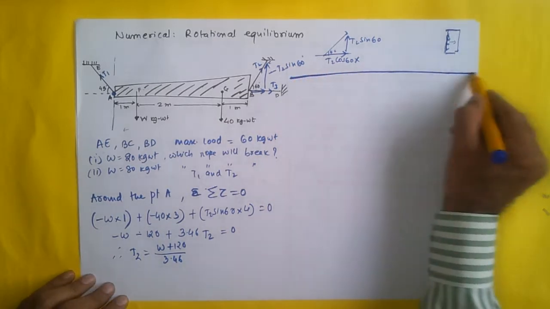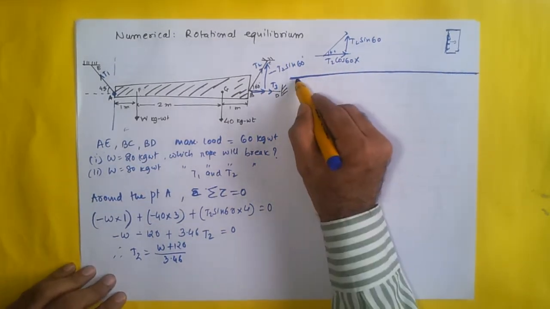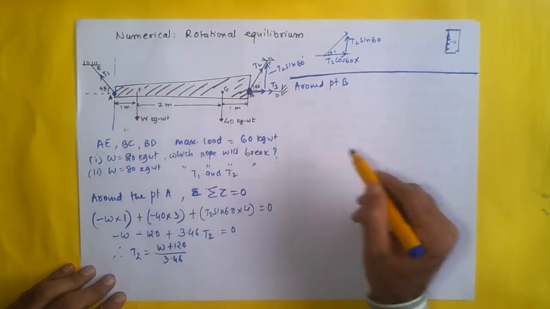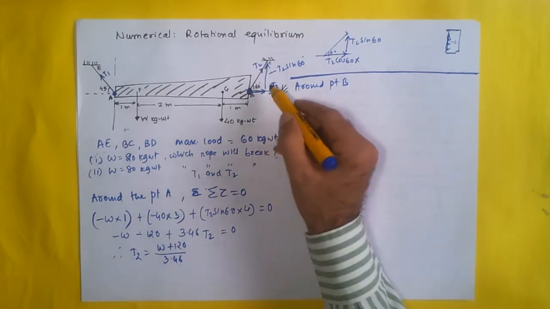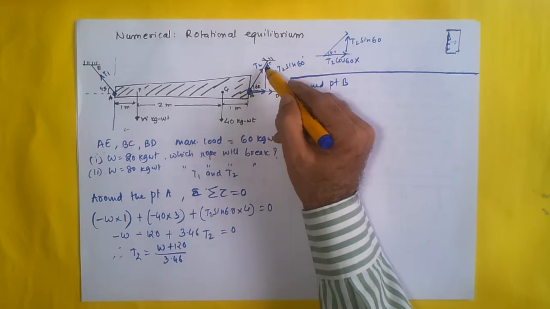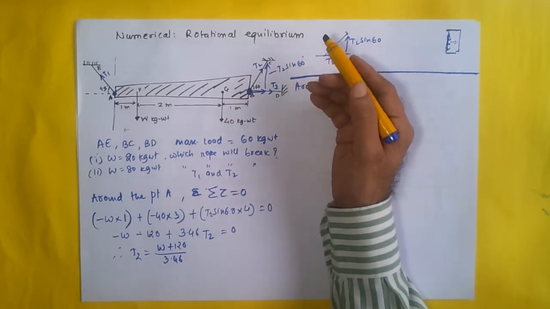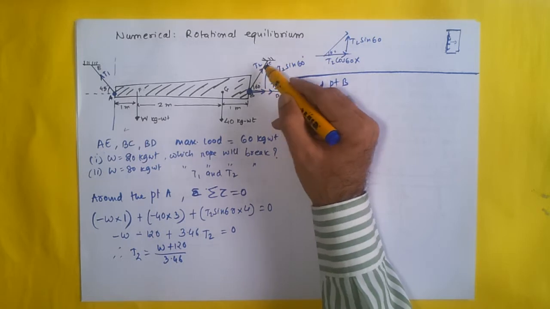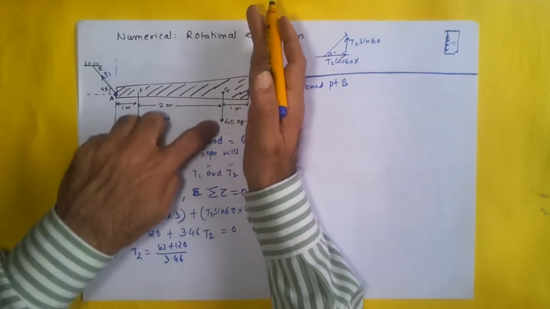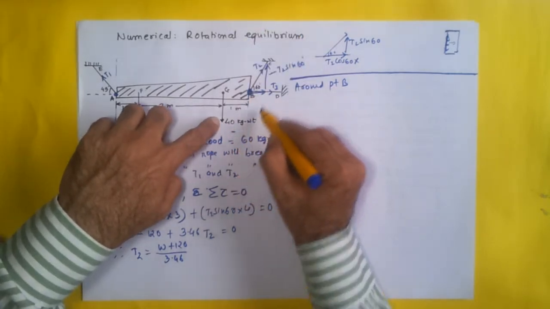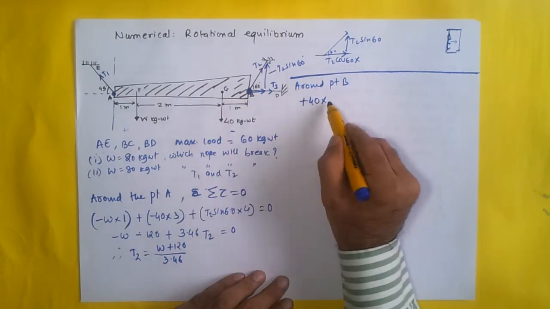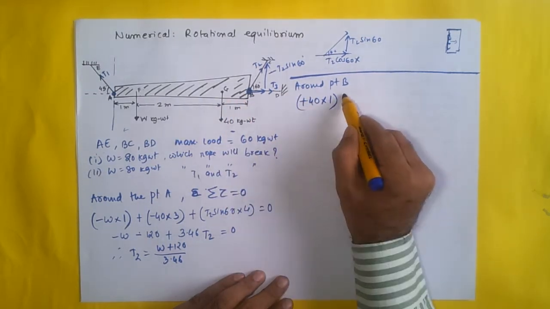Okay, I'll do the same thing around point B. Around point B, so this is the point I'm focusing on. I'll find out torques around this point. So this particular force T2 is passing through point B, so it will not apply any torque. These two are components of this force, so certainly they will not apply any torque. So I'll ignore T2. Coming to 40, 40 is applying torque. The axis of rotation is over here. So it is applying an anti-clockwise torque. So plus 40 into distance from the axis of rotation, 1 meter. So this is the torque applied over here.